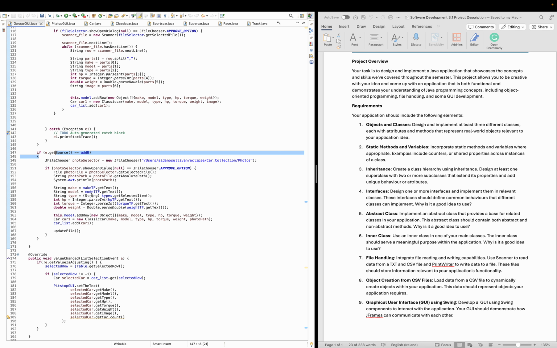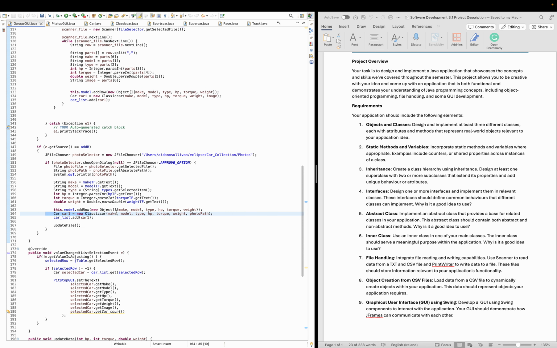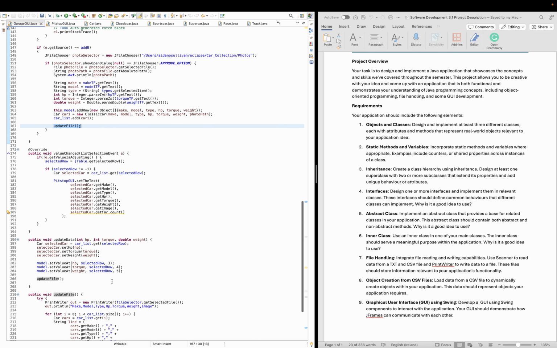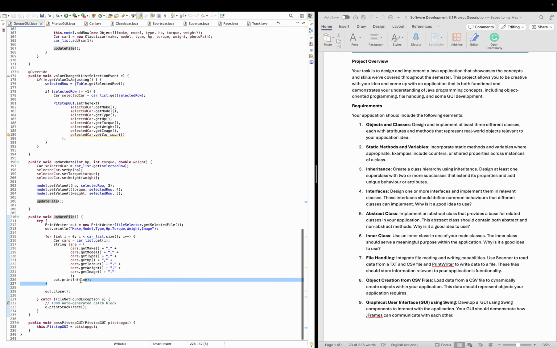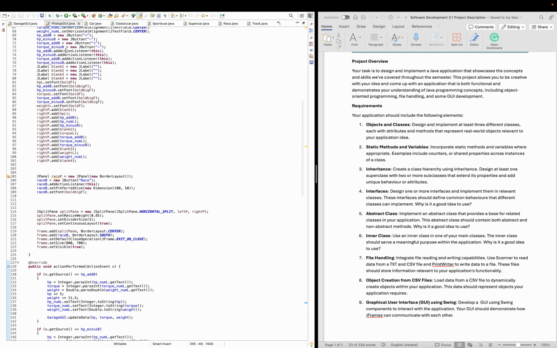So that got the data from each label and then added it to an object and then updated the file. Down here and here, and then updates the CSV file with the new data. And then the GUI, which is in these two classes,